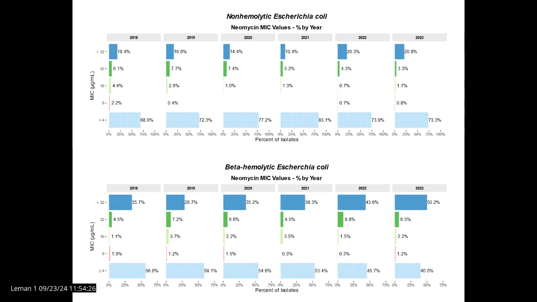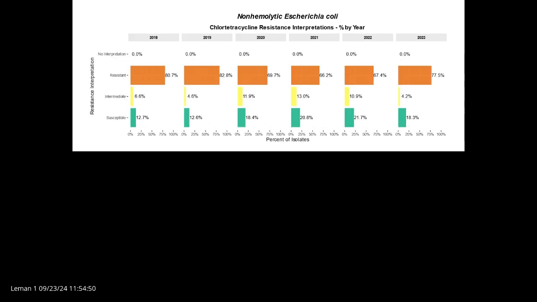But beta hemolytic, you're noticing a trend, I'm thinking. We've got 56% to 35, and now at 2023, we've got 40% to 50% here. So there is a trend towards resistance, or you can't interpret it as resistance, but the highest MIC dilution on the plate for neomycin as well in beta hemolytic E. coli's. So there are some drugs that are labeled for certain bugs, but you have to be careful about how